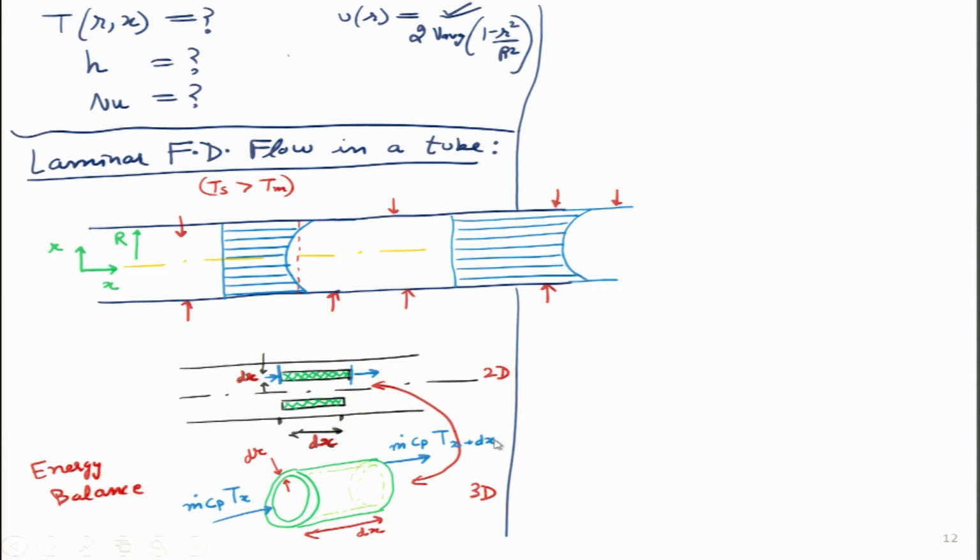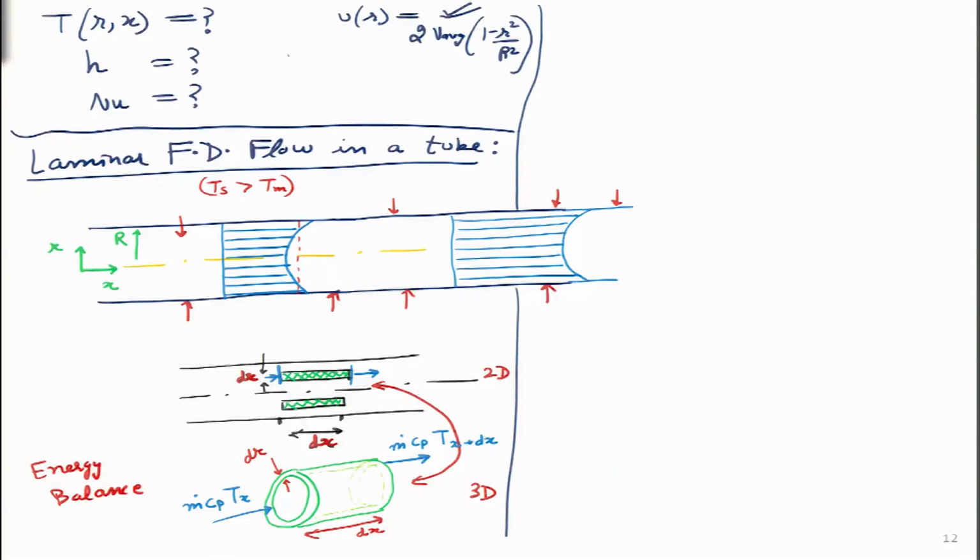So, as the fluid is flowing forward, it would get heated from the side, and initially before entering the differential element, its temperature is Tx. Once it leaves the differential element of distance dx, after that temperature becomes Tx plus dx. So, it is going to be slightly mathematically oriented. So, please pay some attention over here.